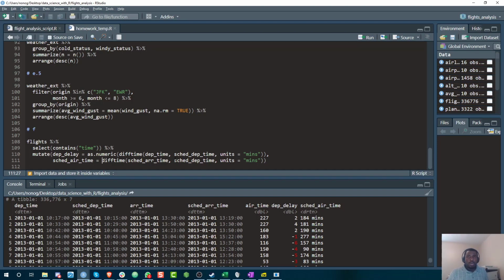All right, so I hope you remember the theory behind the pipe operator. I told you that whatever comes before a pipe operator, it takes it and it puts it as the first argument of the function after the pipe. Now, in as.numeric, there's only one argument, whatever you want to turn into numeric. So